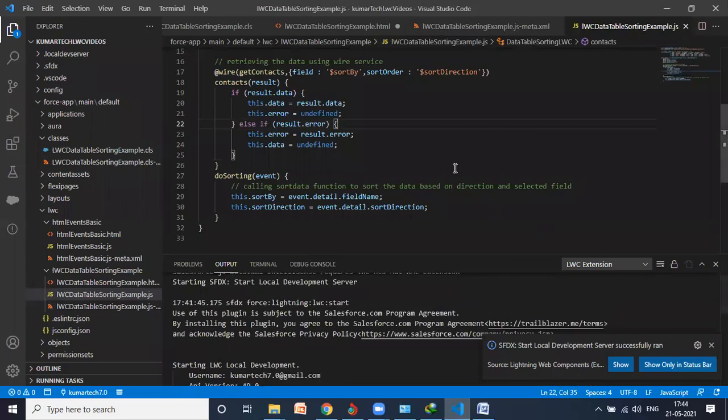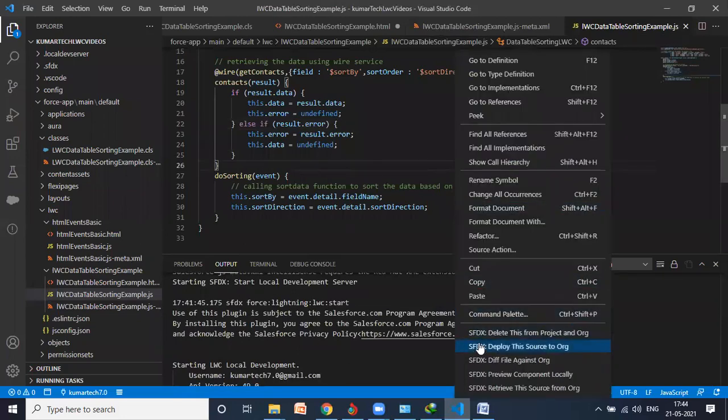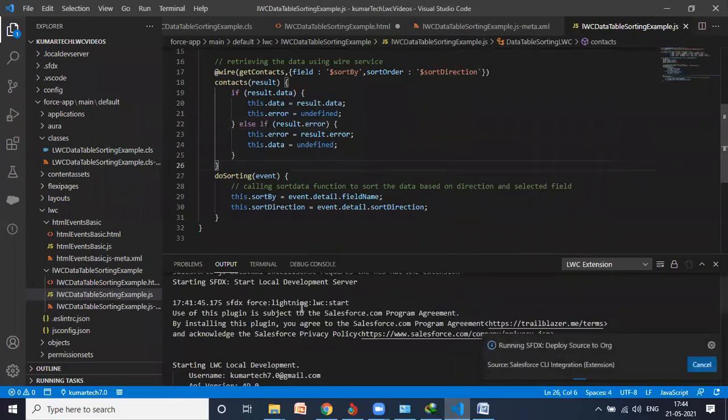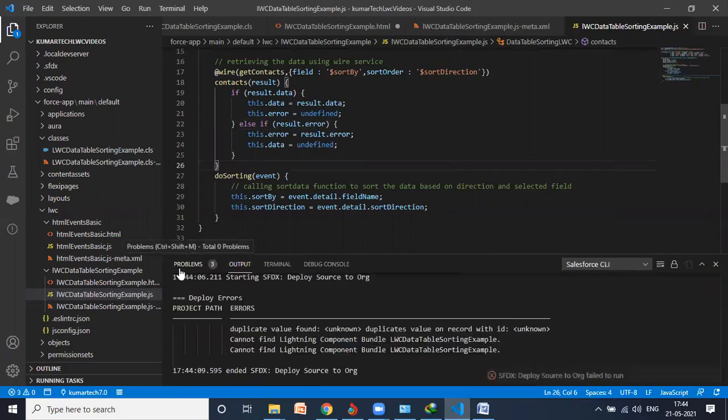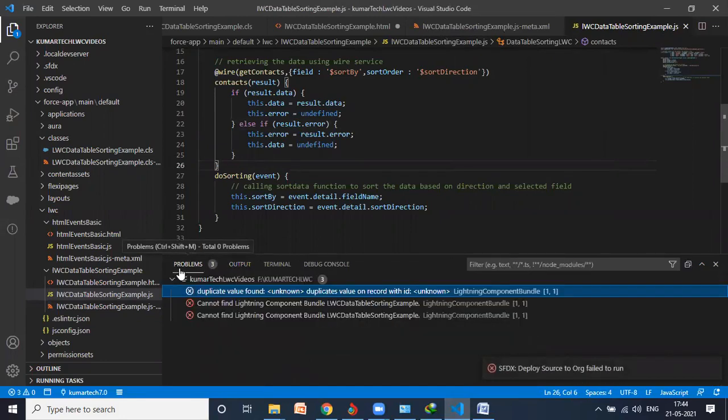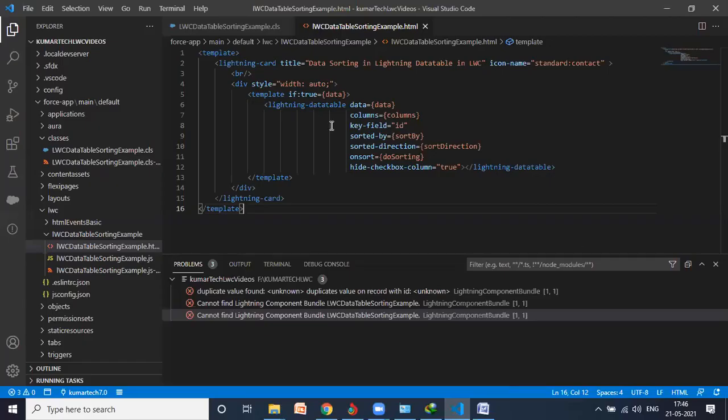I think I didn't save it. Go to the org. Duplicate value. Fine, fine. Okay, guys, so actually it started now.